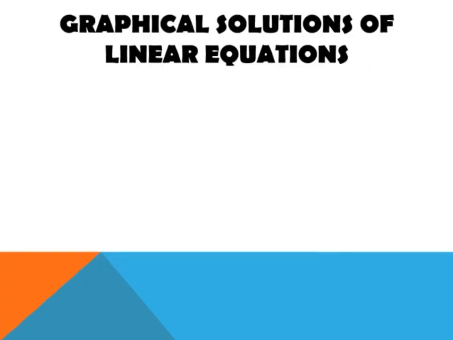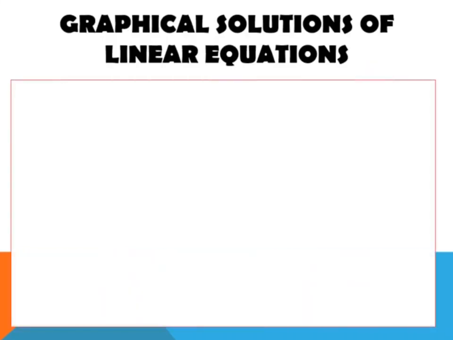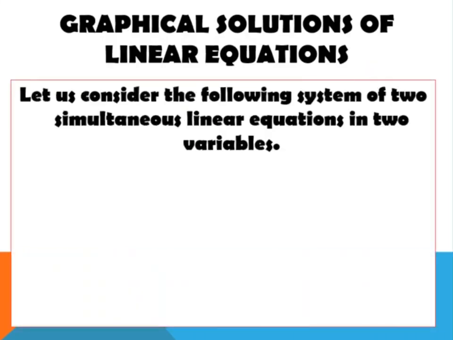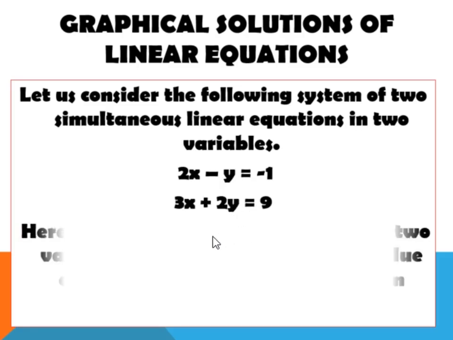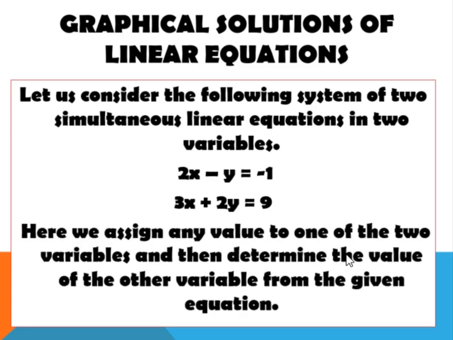Graphical solutions of linear equations. Let us consider the following system of two simultaneous linear equations in two variables. The first equation will be 2x minus y is equal to negative 1. And the second equation is 3x plus 2y is equal to 9. Here we assign any value to one of the two variables and then determine the value of the other variable